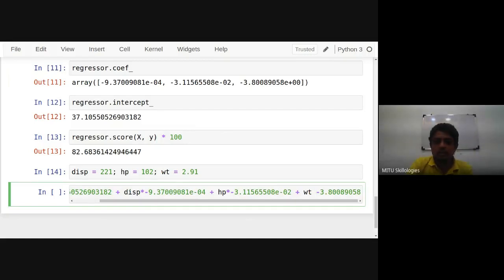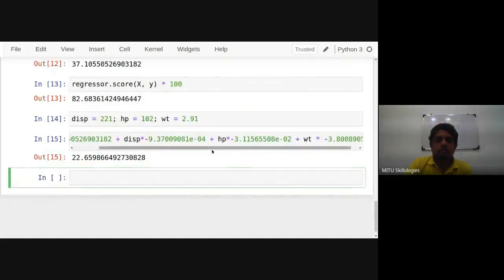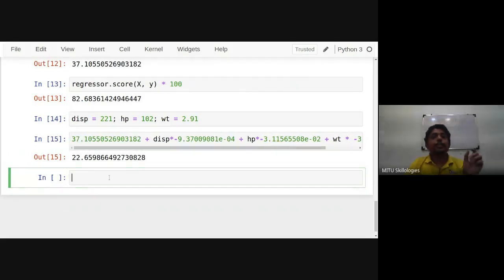Now you can see the mileage of this car is 22.65 miles per gallon. That's the unit, miles per gallon. So using the formula of multiple regression, I have calculated it.